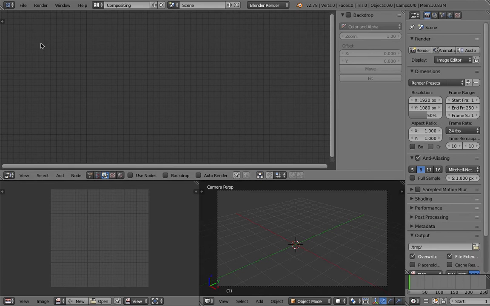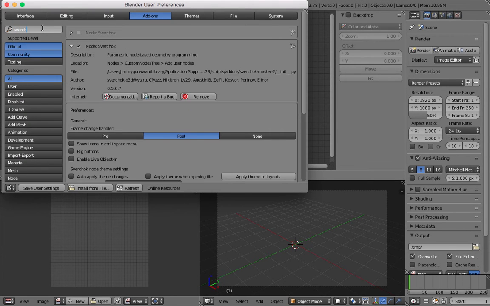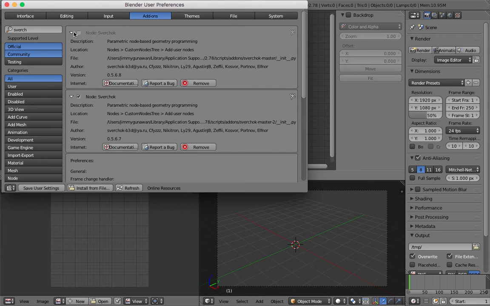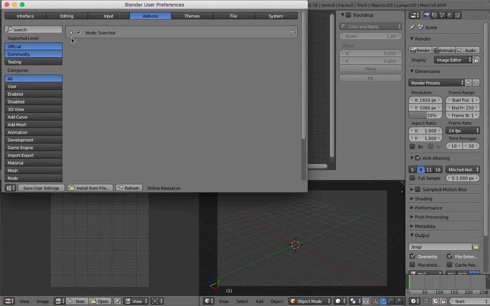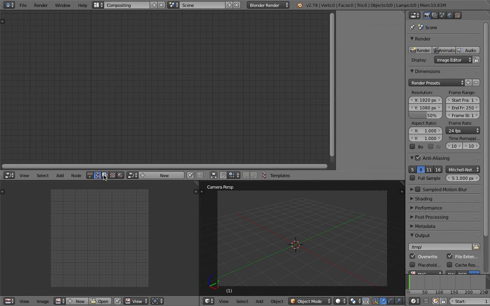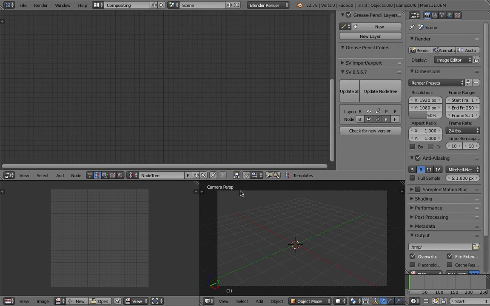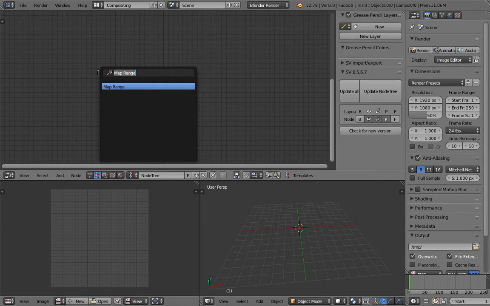I know that the Sverchok plugin is already reloaded. Make sure you have the Sverchok add-on. I have two somehow, so I'm gonna remove one. Okay, save user settings, switch to Sverchok and create a new node tree. I'm going to start with a circle